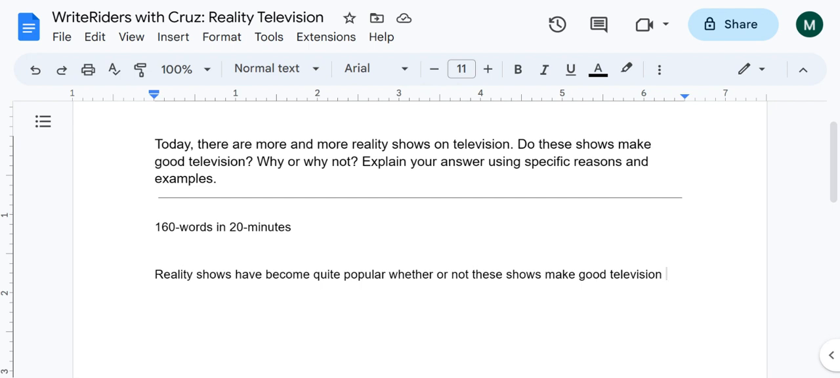So I'm going to say something like for my thesis or the last sentence of my introduction. It's also known as what could be considered a topic sentence. Reality shows have become quite popular. Whether or not these shows make good television remains to be seen. Something like that. In my opinion,